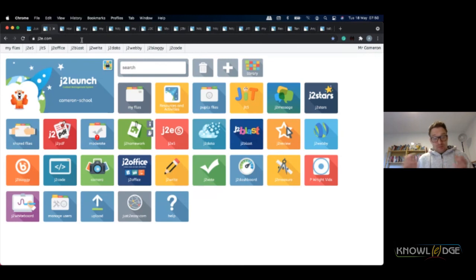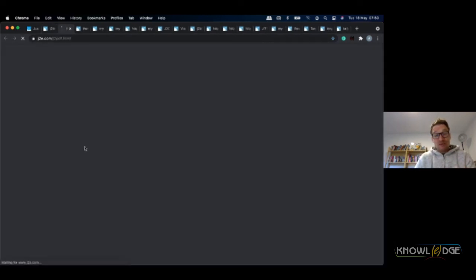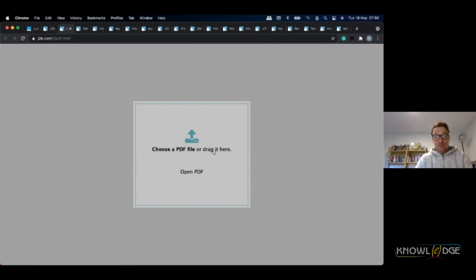And then of course the other way of doing it is with J2 PDF. If you want to convert a PDF worksheet into an editable document for children to write their answers on, or if you want to tweak a PDF to make it right for your students, you can just drag and drop your PDF into J2 PDF.